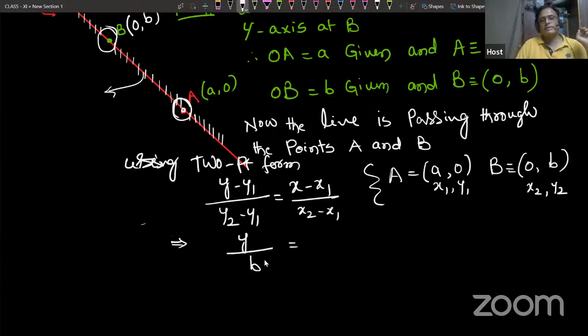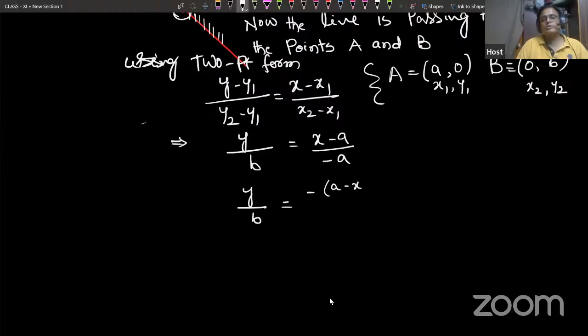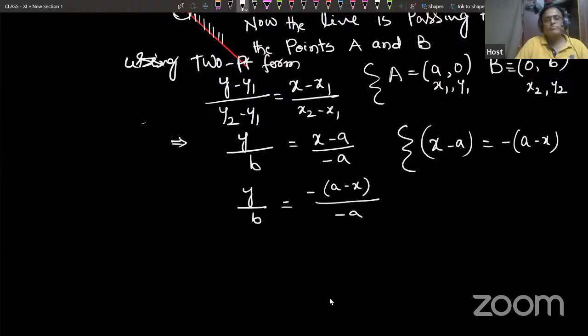X minus x1, that is x minus a. X2 minus x1, X2 is 0 minus x1, 0 minus a, that is equal to minus a. So here again we can write like this. This one is C. Y by B, I told you the y-intercept, minus of, we write a minus x. X minus a can be written as minus of a minus x upon minus a. Therefore, minus gets cancelled. Y by B is equal to, you can write individually, a by a minus x by